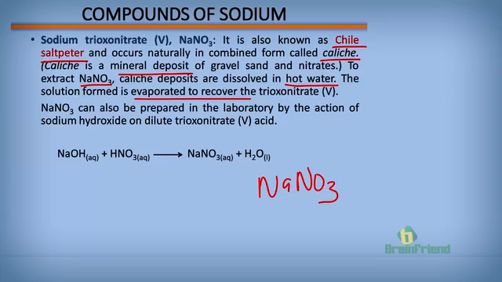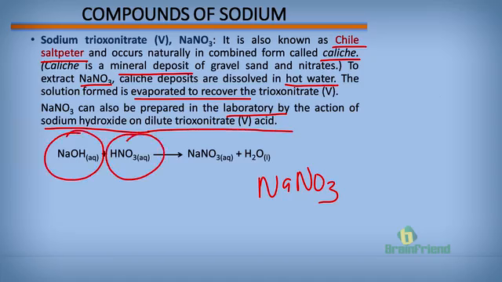Now, besides that method of extraction, sodium trioxonitrate(V) can be prepared in the lab by the action of sodium hydroxide on dilute trioxonitrate(V) acid. So when sodium hydroxide reacts with dilute trioxonitrate(V) acid, we will have sodium nitrate, sodium trioxonitrate(V), with